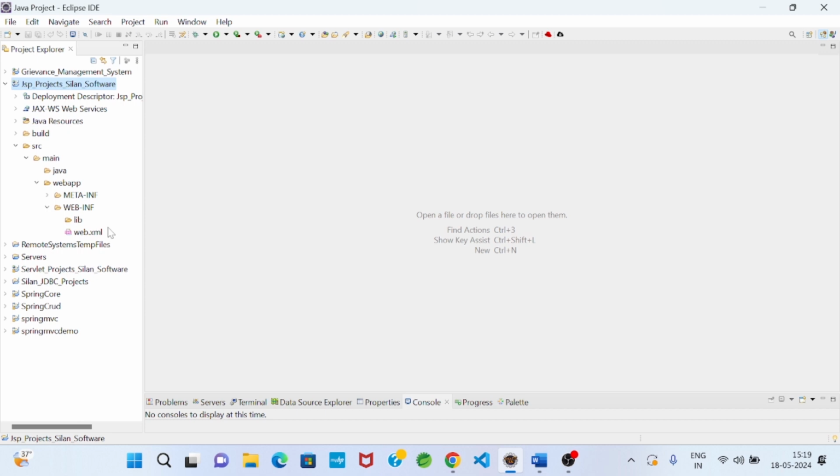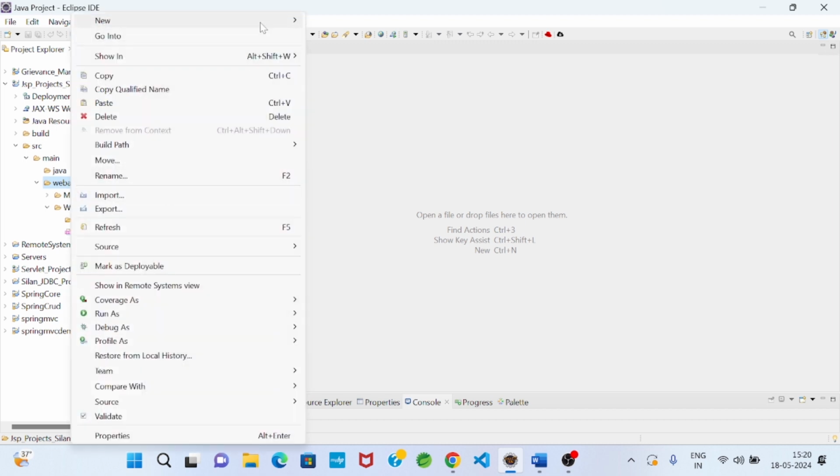Okay. Suppose a simple JSP application I will develop, just displaying a hello world message. In the same way we develop an HTML file, we will develop a JSP file. So which folder will I go to? Web app folder. Right click on web app folder, New.